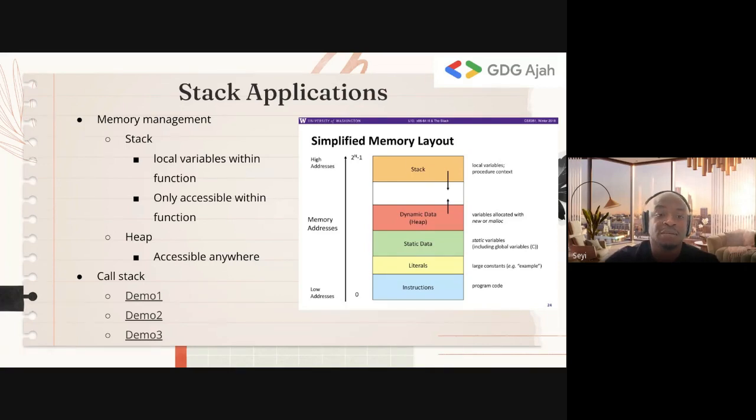I'm going to take us on a demo of the call stack. How do we store variables on the heap? So it depends on the language you use. If you are using C or C++, you use malloc. When you use malloc in C or C++, essentially you are telling the operating system to give you memory. But if you are using Java, you don't control it. When you create an object with the new keyword in Java, it stores it on the heap automatically. JavaScript, Python, they manage memory for you. They don't